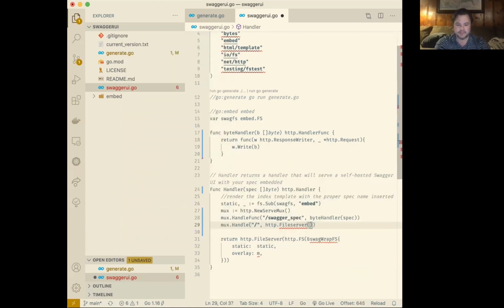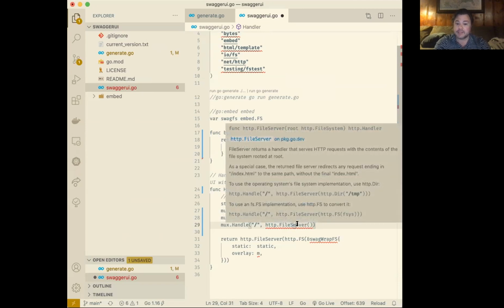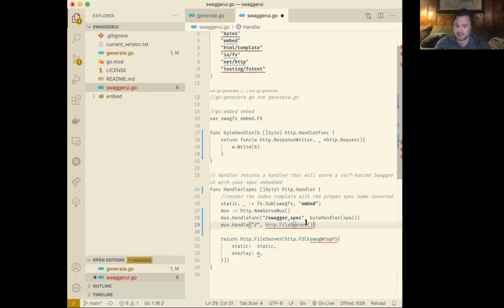We can see that HTTP file server needs an http.FileSystem, but we have this new embed FS that implements the new io/fs type. So we have to wrap it with this. Right. So now what we've got is, oh yeah, and then